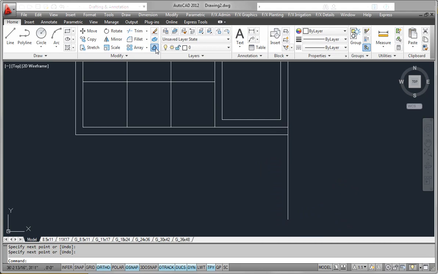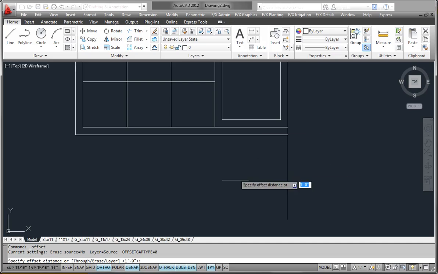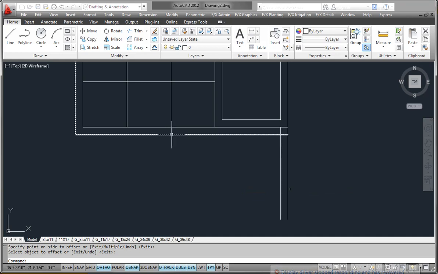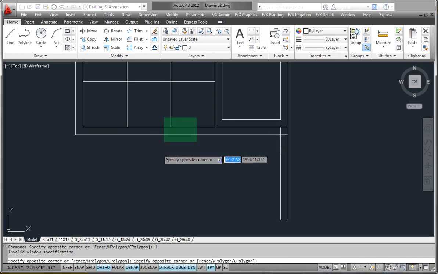offset, making sure it's still distance of 1 foot, which it is, so enter, select this line, offset it this direction. So the only thing I have to do is chop out this little corner and create my segments. So I'm going to draw in, oops,